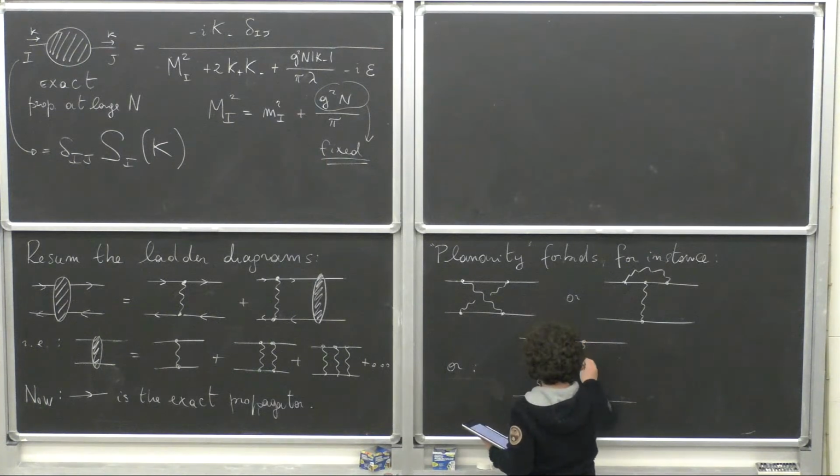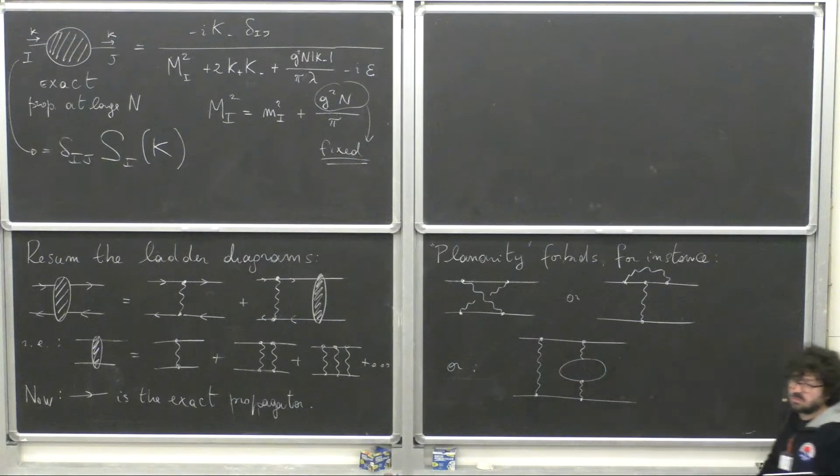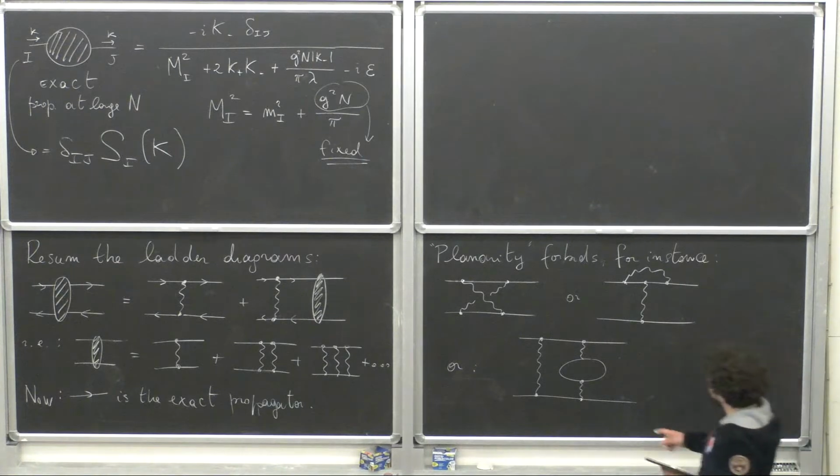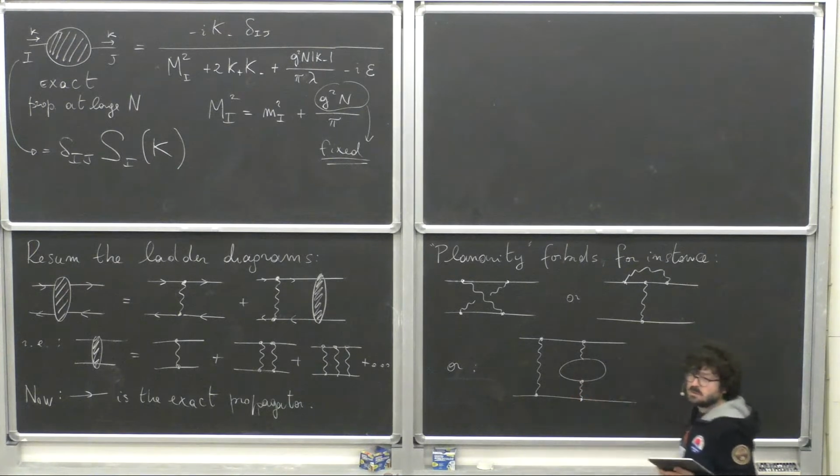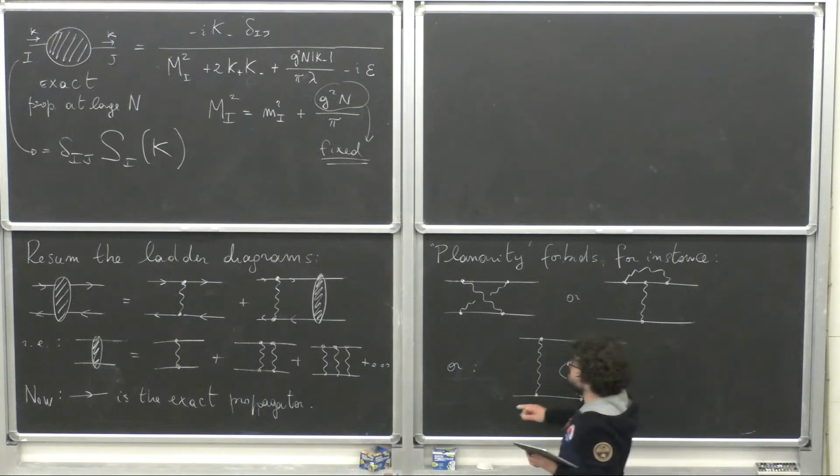Imagine that we have here a loop of the fermions running inside. So diagrams like this that we are neglecting thanks to large N make it clear that if we would be at finite N,